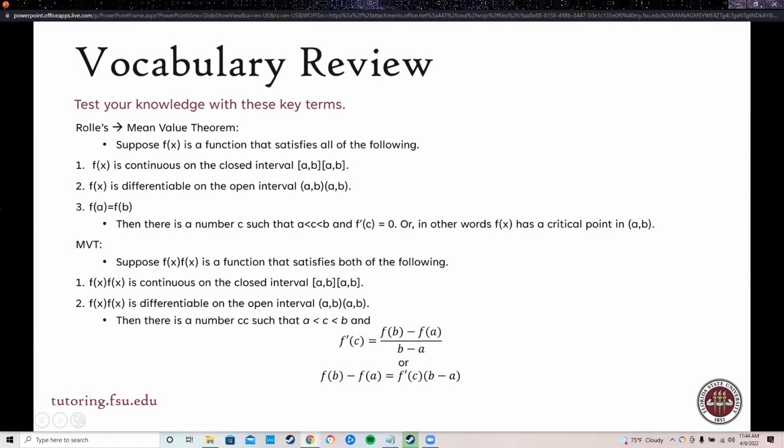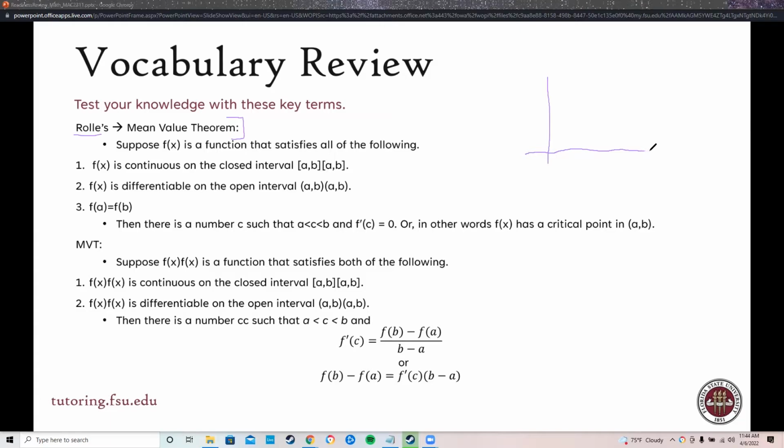Next, we have some important theorems to discuss and review. The most important, the bread and butter of all of these theorems, is Rolle's theorem, which leads to the mean value theorem. So Rolle's theorem is the one where, if you have